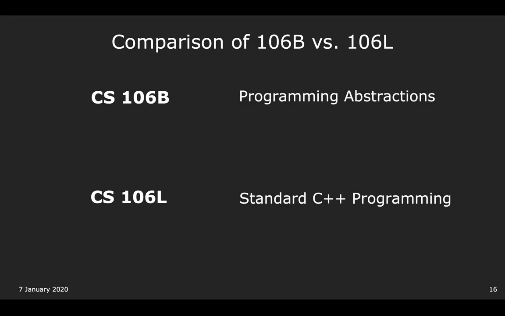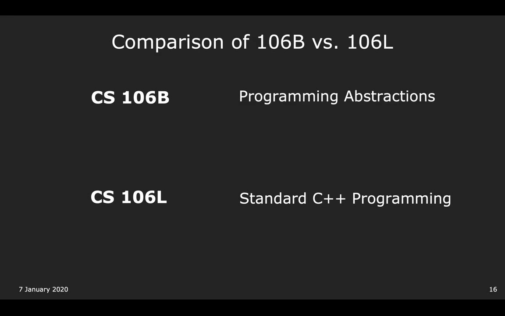You'll learn more what that means soon in 106B, but even though we give you a basic introduction to C++, you're learning just enough to actually write meaningful programs, using stuff like recursion, using ADTs, using data structures like linked lists and binary search trees. C++ is a tool, but C++ is not the focus of CS106B.